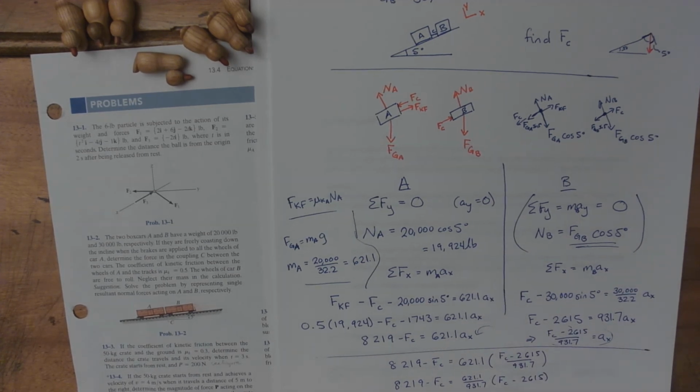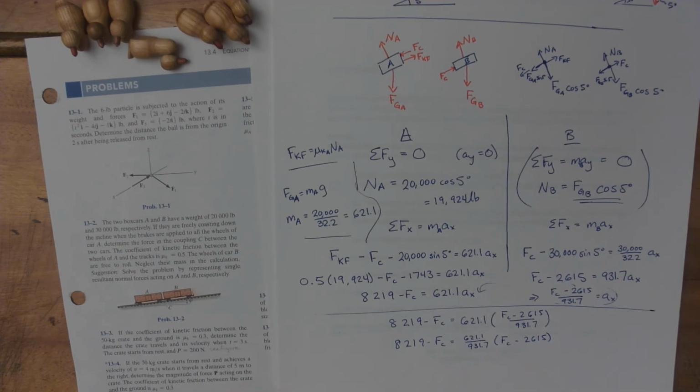Okay, from this point on you should be able to solve it on your own, and you are free to do that. If you want to see the rest of the solution, we can take 621.1 and divide it by